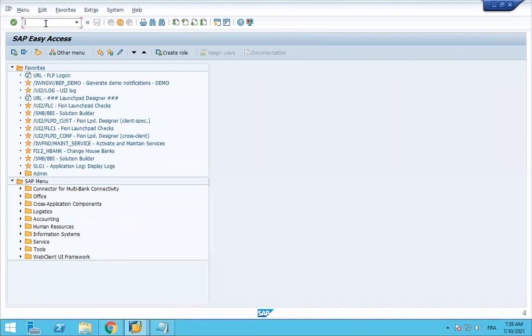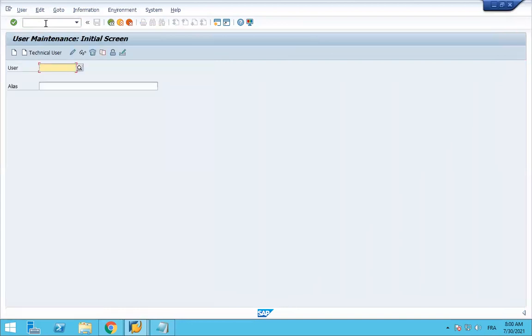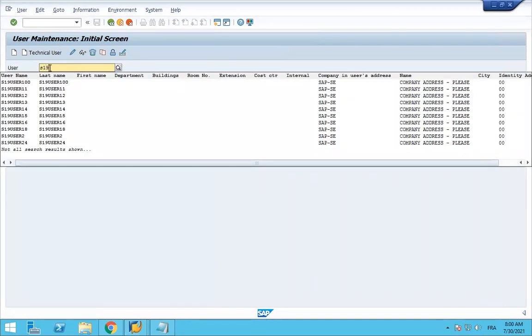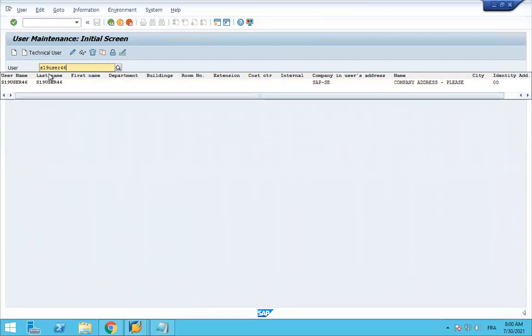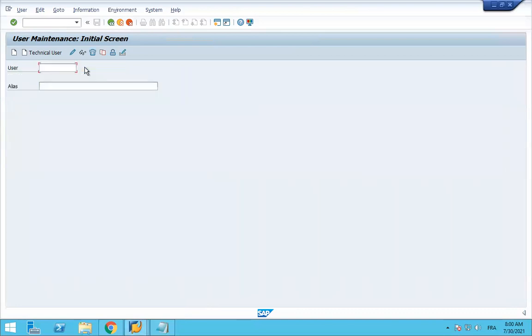Then the last thing we need to do is to go to SU01 to add the business role to our user. Just go to SU01, enter our user. Let me enter again.